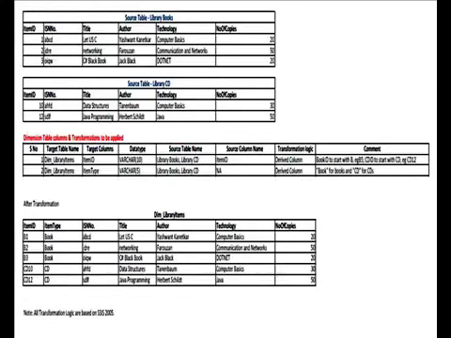Now let us see how the data for the dimension library items are stored. If you see the sheet, there are two source tables, one table called library books, other table called library CDs. The data from these two tables have to be stored into one target table, and that target table is called dim_library items, which is a dimensional table in data warehouse.